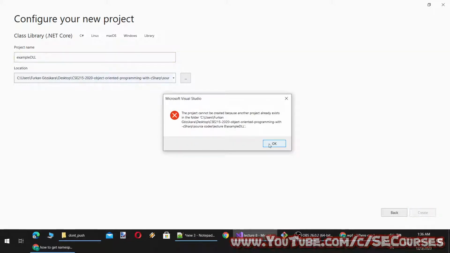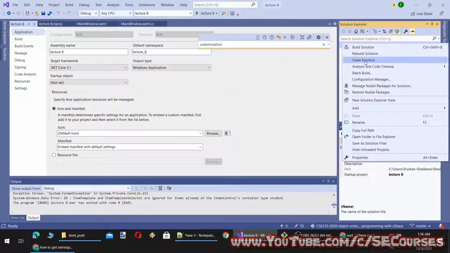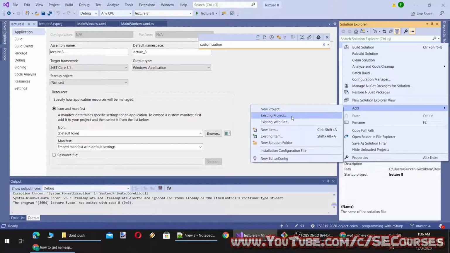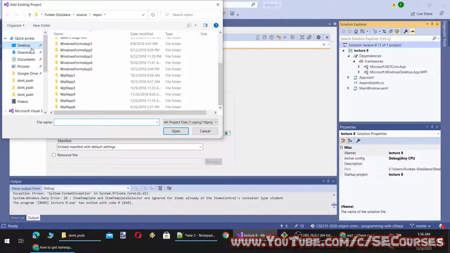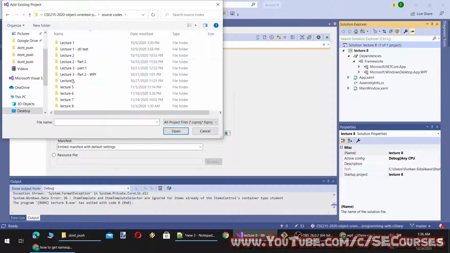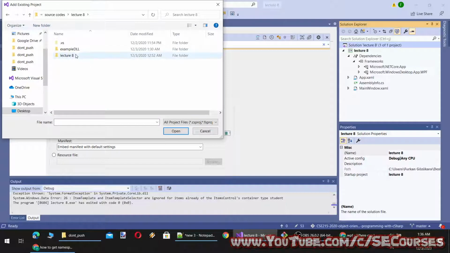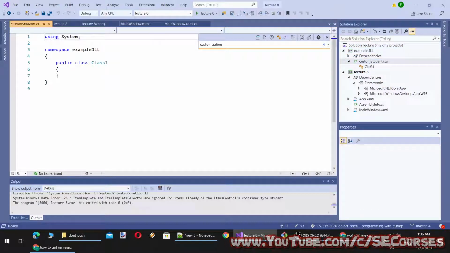Yeah, we shouldn't have deleted it. I think it is not even deleted. Maybe we can add the project from here, existing project, and yeah, it is still there. It is not removed. Okay, so let's make another example. This will be a simple one.